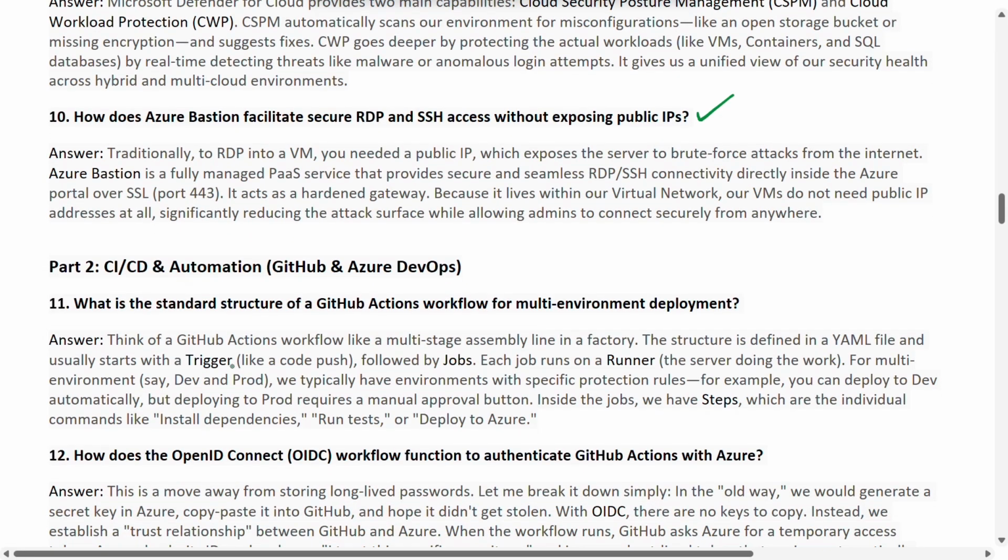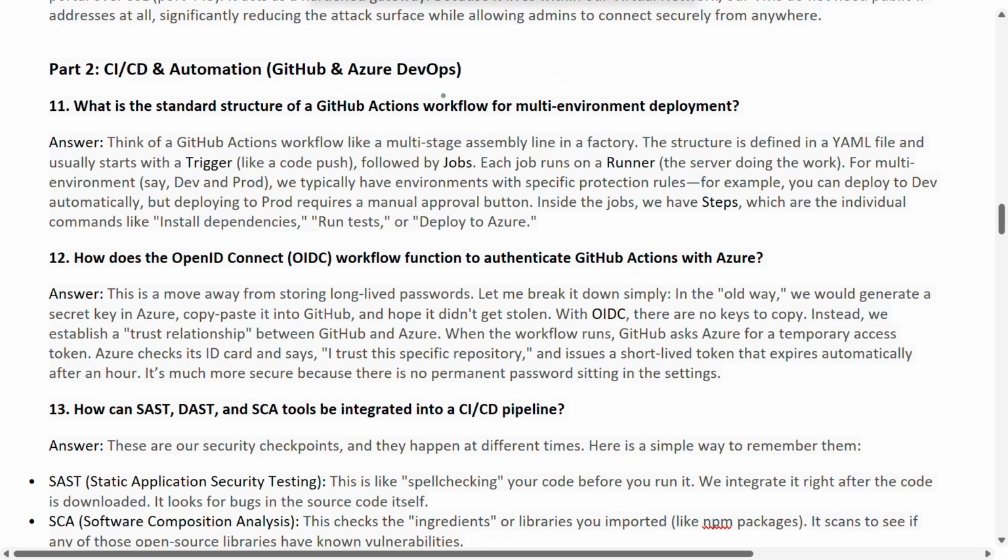And moving to the next question, the part two questions, which are the questions with respect to CI/CD and automation, primarily focusing on GitHub and Azure DevOps. So the question was, what is the standard structure of a GitHub Actions workflow for multi-environment deployment? For a simple understanding, think of a GitHub Actions workflow like a multi-stage assembly line in a factory. The structure is defined in a YAML file, and usually it starts with a trigger like a code push